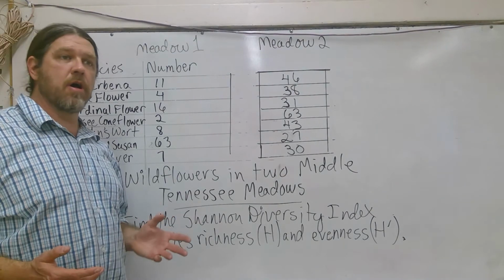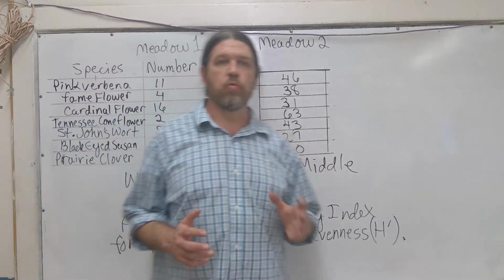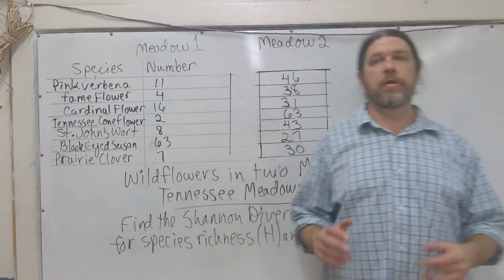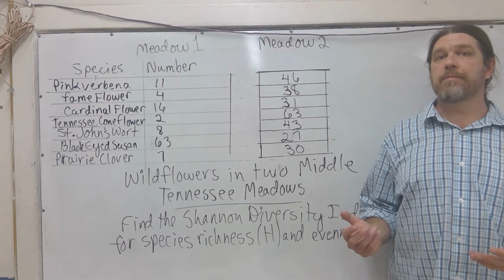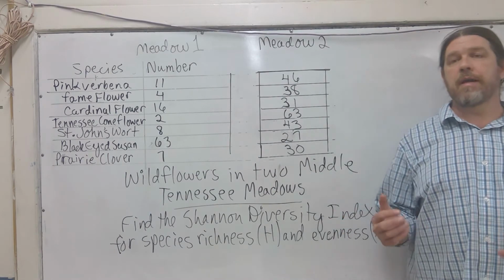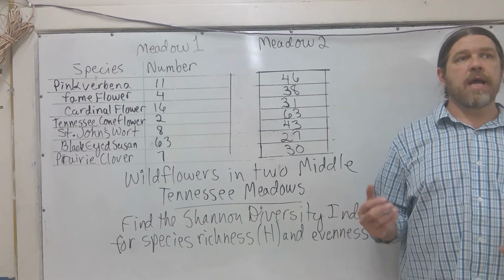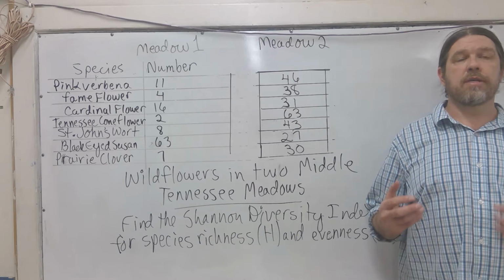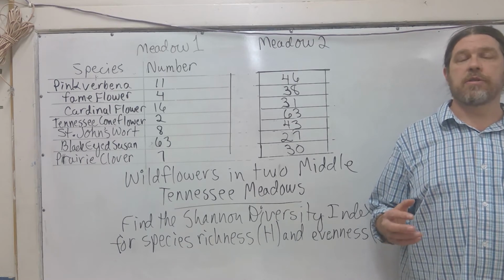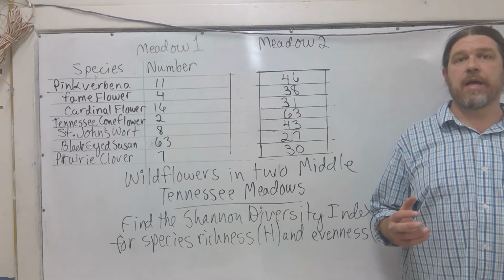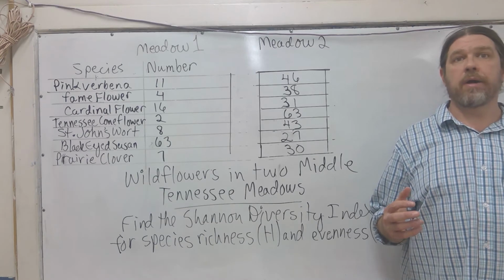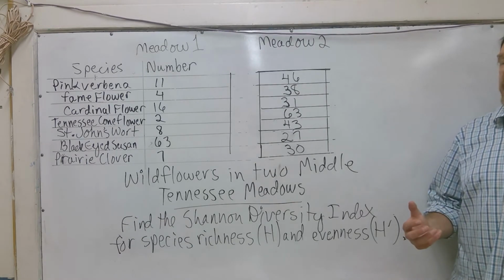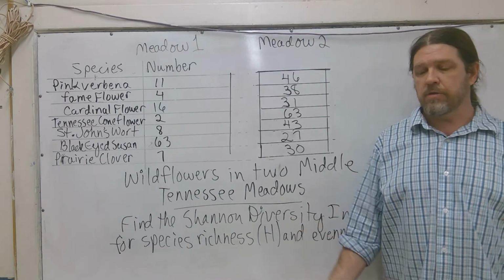Middle Tennessee is home to a very rich wildlife community located on what are often called cedar barrens or limestone glades. A lot of the area east of Nashville is quite limestone heavy in soils, and thus gives rise to a lot of species that are highly associated with that habitat, some of which are quite rare or even endangered. So let's take a look at a survey of two meadows on a piece of land east